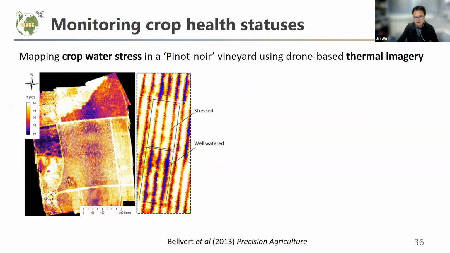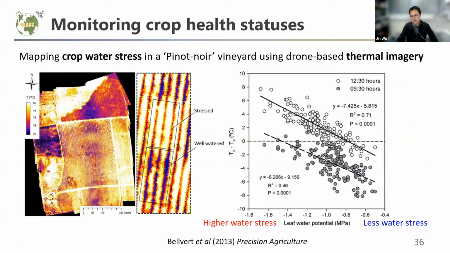To evaluate whether this is true, this study also compared with some ground measurements, primarily the difference between canopy temperature and air temperature. This represents how much of a transpiration cooling effect there is, with leaf water potential on the x-axis. Normally, when leaf water potential is less negative, that means less water stress for the plant, and more negative